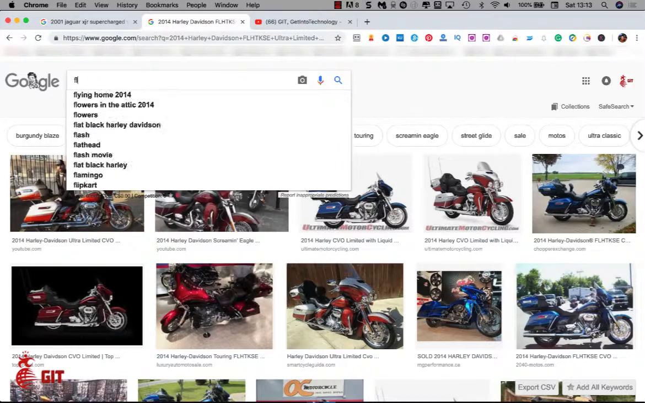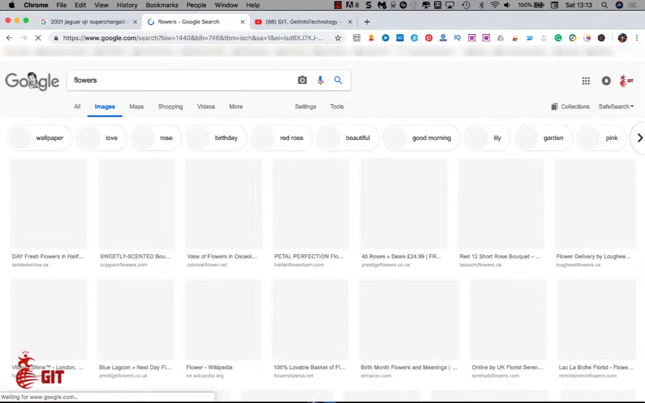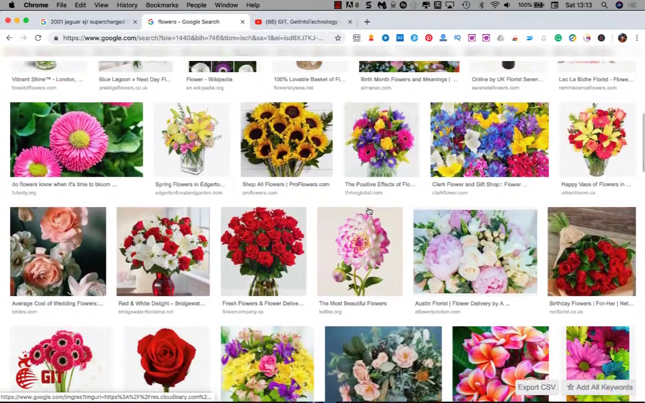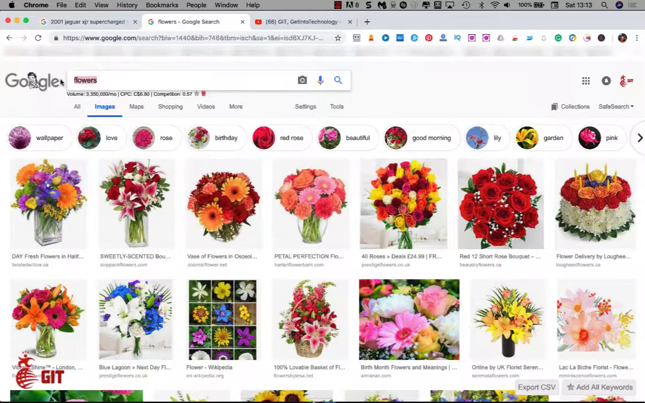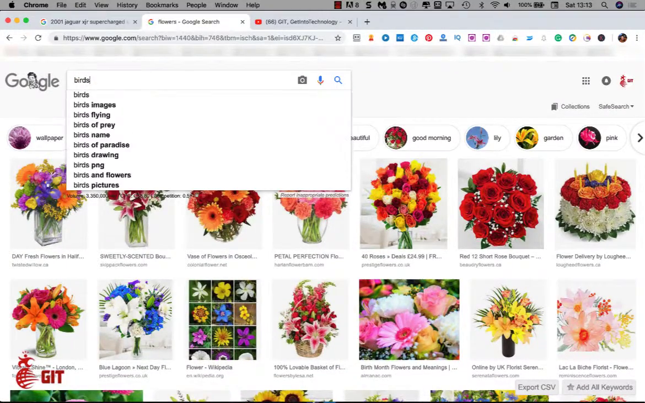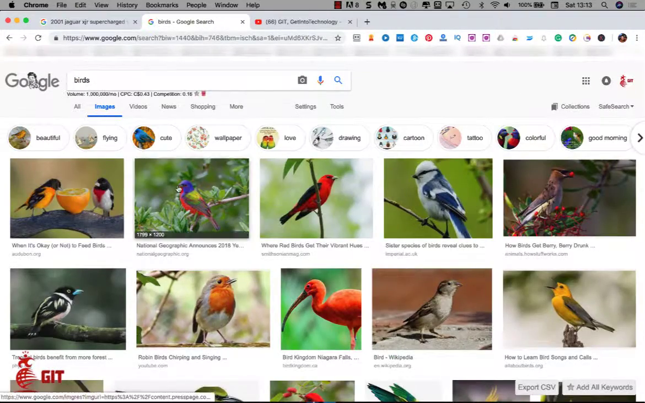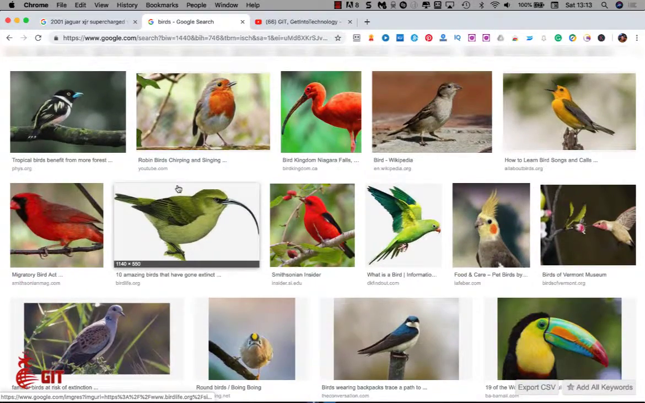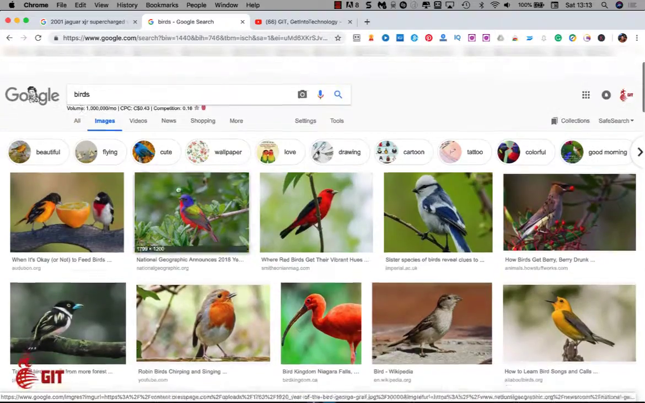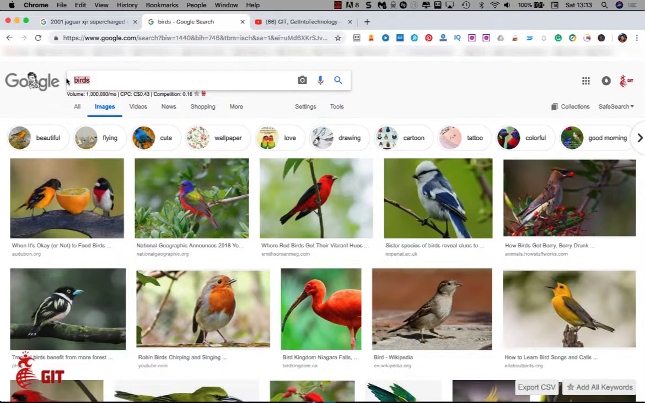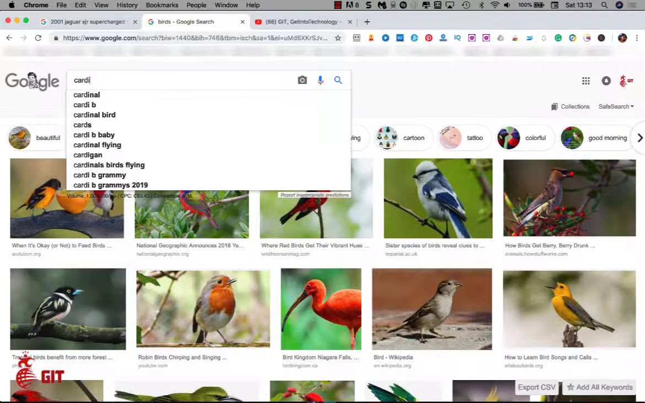So let's put flowers. Comes up all different kinds of flowers. You can put birds, and then you get all different types of birds. You go cardinal,